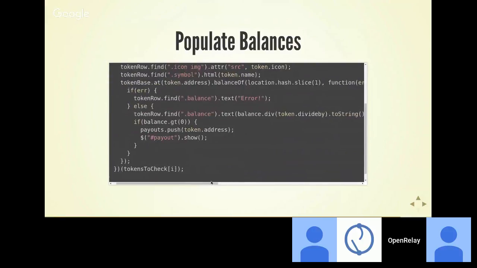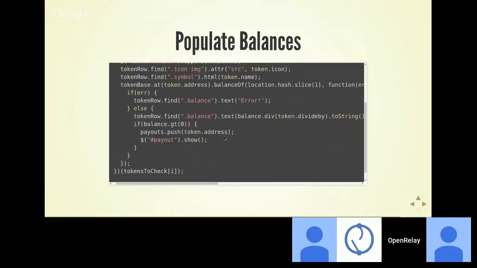If it's Ether and we got, in our earlier example, 0.05, that's going to be 5 times 10 to the 16th. By dividing it by the Wrapped Ether's divisor, that's going to end up showing up as 0.05 on the dashboard. If for any given token we have a balance that is greater than 0, we push that token into the payouts list, and we